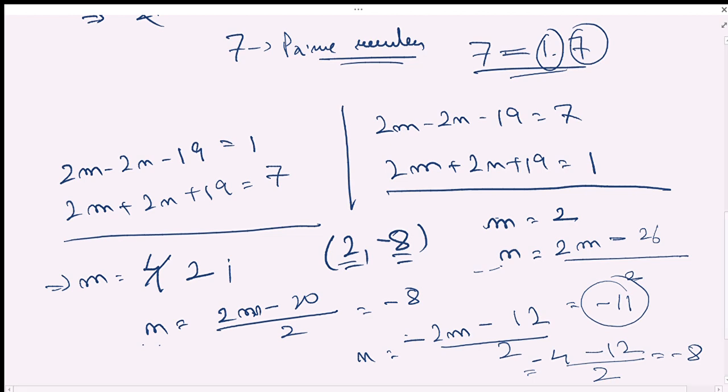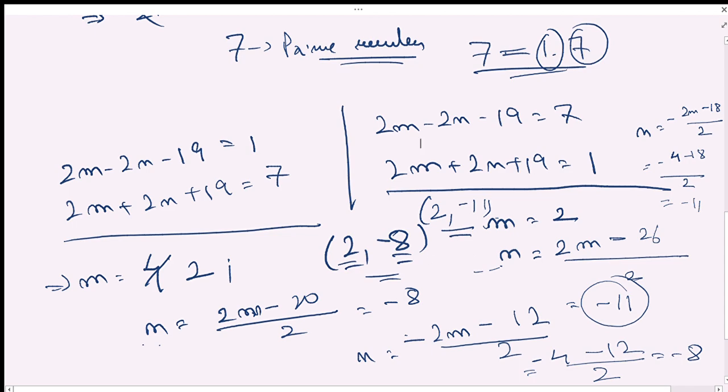So we can check it from the second equation also. That is, your n becomes minus 2m minus 18 over 2. So minus 2m is minus 4, and minus 4 minus 18 is minus 22. That over 2 becomes minus 11. So the other solution pair you get is 2, minus 11, right? Now we need to check whether these solution pairs satisfy the given equation or not.